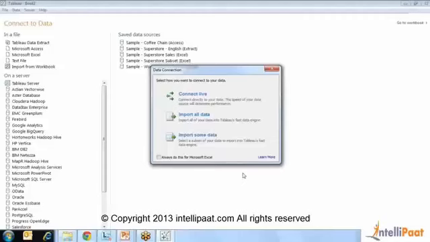When you connect live, you're actually connected live to the database itself, in this case, the Excel spreadsheet. Or if you want to import all the data, what Tableau does is it fetches all the data from the spreadsheet and puts it into its own data engine, and it creates a file called a TDE, which means Tableau data extract file, and then connects to that instead,